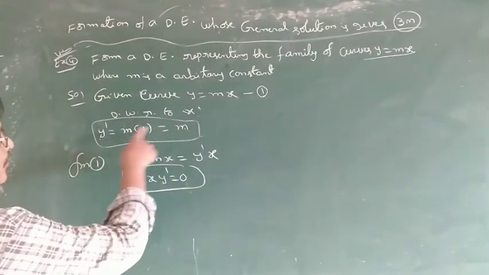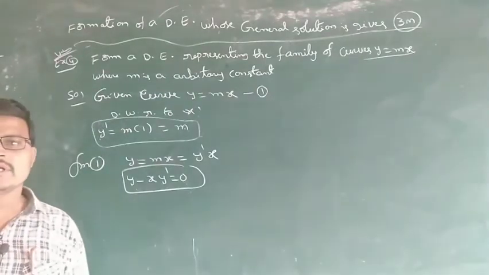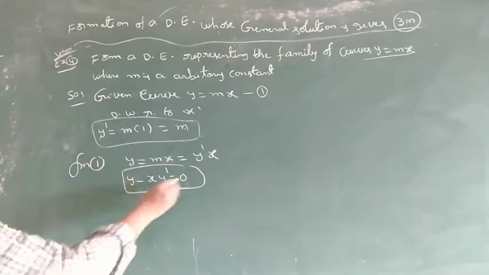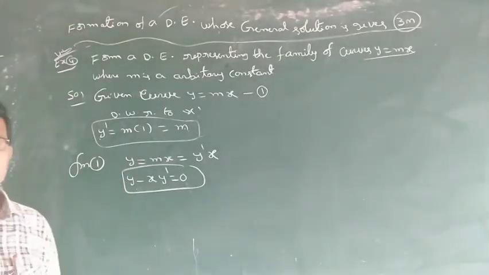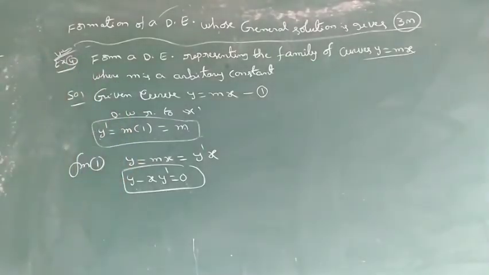This is m, substitute in equation number 1. Any type of thinking is mainly important for a technical problem. A 3 marks question is a very technical problem. So we have to differentiate 1 time, 2 times, depending on the arbitrary constants. The final answer is without arbitrary constants. So this is very important.